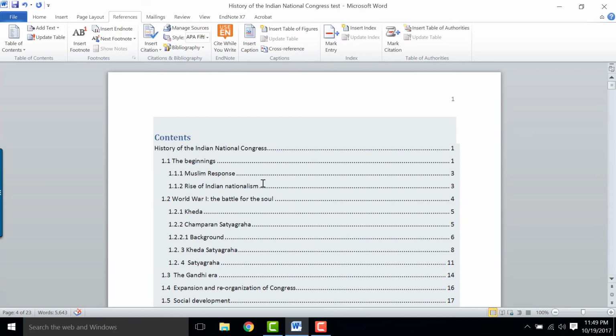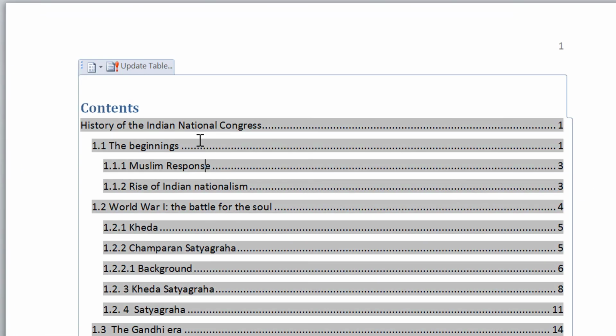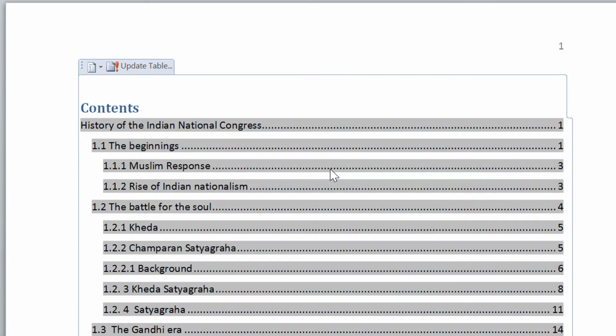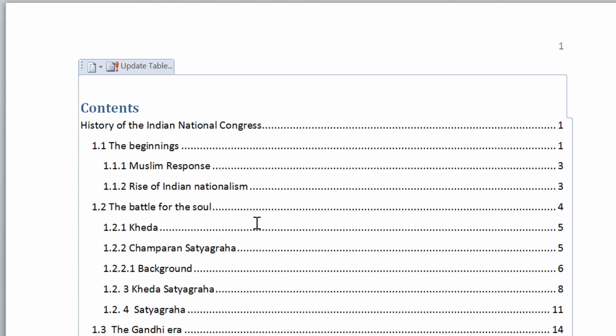To update this change, go to the contents page, click on it. You can see the update table option getting visible. When you click on it, a dialog box appears from which you can select the update entire table option and click OK. You can see that the changed heading is reflected in the contents page.